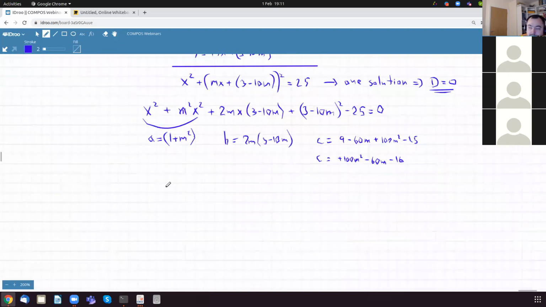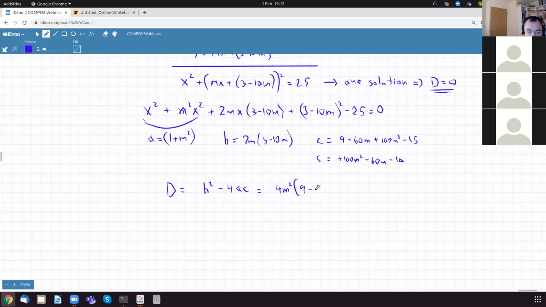And we know that the discriminant is b squared minus 4ac, so that is 4m squared times 3 minus 10m squared, minus 4 times 1 plus m squared times c, which is 100m squared minus 60m minus 16. So that's equal to